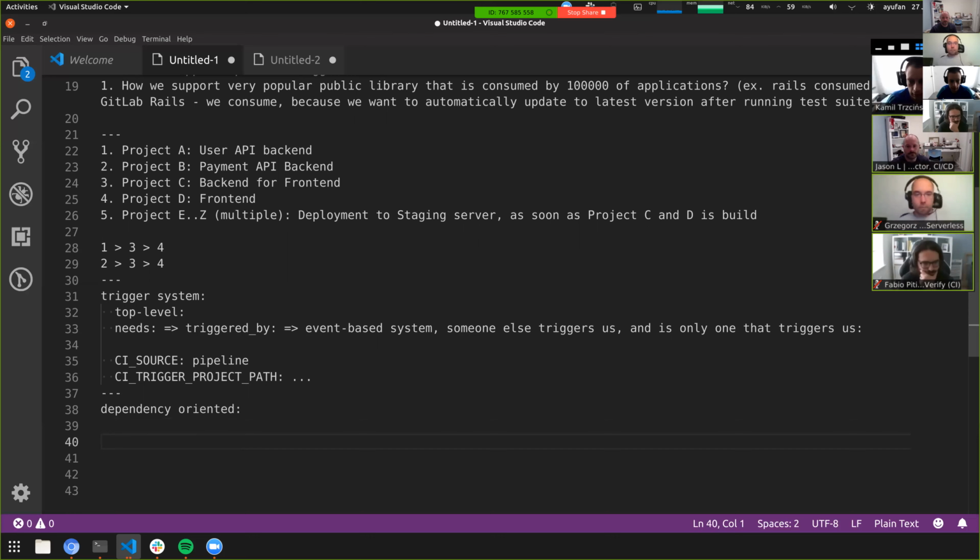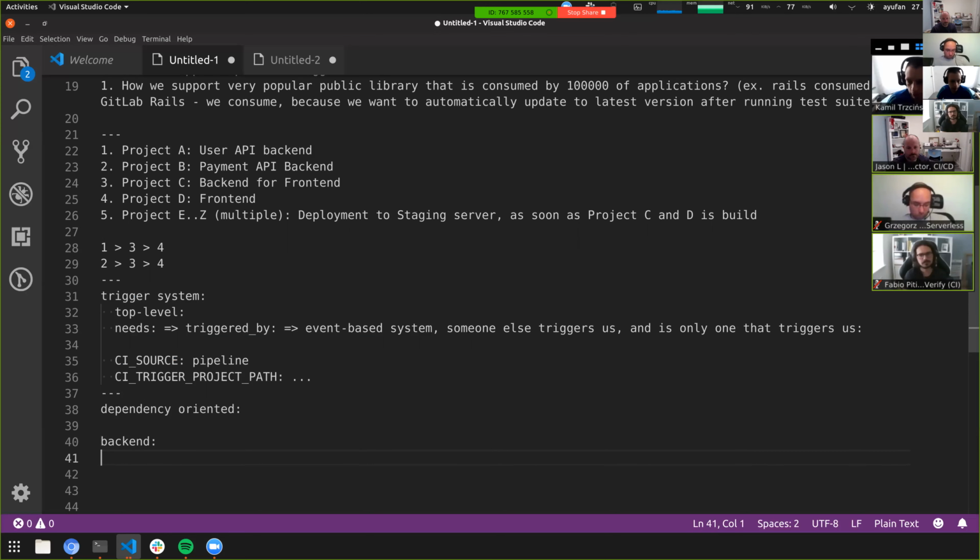Let's say that our project staging deploys different components: API backend, payment backend, sorry, user API payment. Maybe for simplicity let's say that we have a backend and a frontend. These are two components that we are depending on, and we want to deploy them.